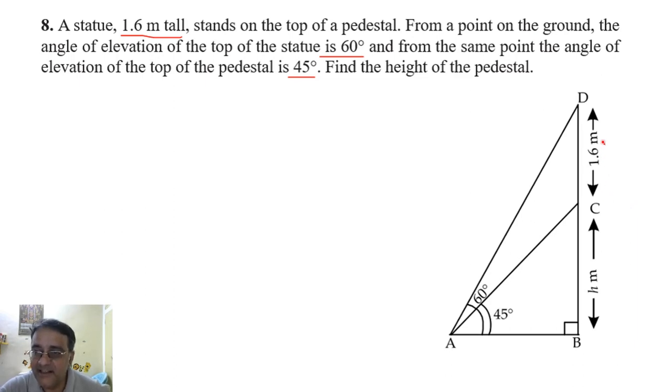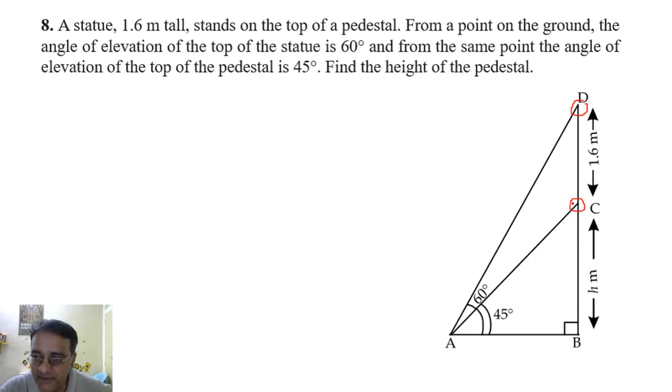पिछले क्वेश्चन में यहाँ ये वाला हाइट निकालना था और ये वाला हाइट दिया था, राइट? एंड इन द प्रीवियस क्वेश्चन द एंगल ऑफ एलिवेशन ऑफ टॉप एंड बॉटम इज गिवन, और इस क्वेश्चन में थोड़ा सा अलग दिया हुआ है, द टॉप ऑफ द पेडस्टल. सो दिस इज पेडस्टल, मूर्ति का स्टैंड को पेडस्टल बोलते हैं. सो दिस इज द टॉप ऑफ अ पेडस्टल, ओके, एंड टॉप ऑफ द स्टैच्यू. पिछले क्वेश्चन में टॉप और बॉटम ऑफ द टावर दिया था. सो एक ही मतलब है, क्योंकि बॉटम जो होगा दैट विल बी द टॉप ऑफ द pedestal, right?